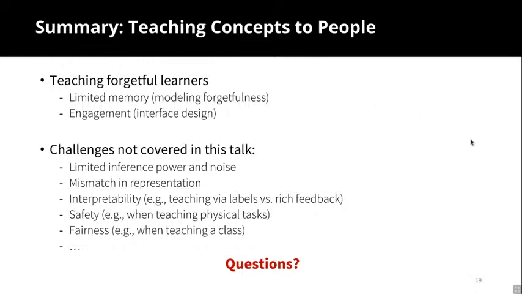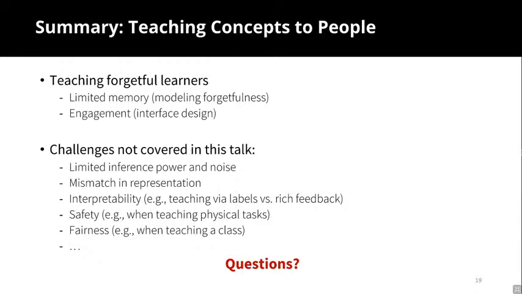As some of the previous talks cover, we need to maximize engagement and deal with the limited capacity of learners' perception, right? And that limited capacity not only applies to explanations, but also to the intrinsic memory issue of the learner. And what we haven't covered, like many other challenging aspects of human learning, is,